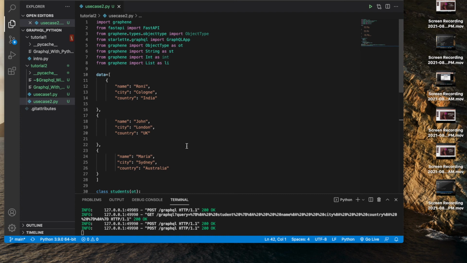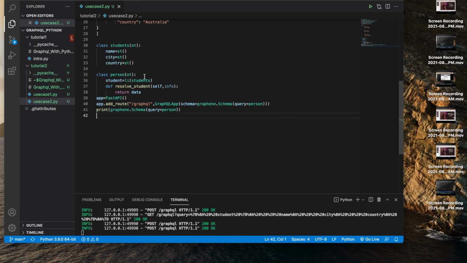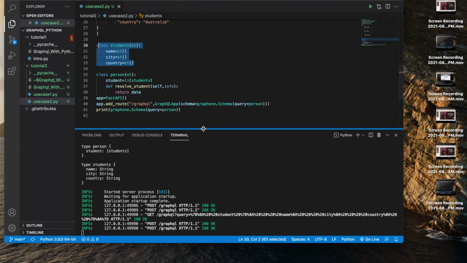Here we are actually using graphene simple object type, which holds the list object type, which again consists of a different, similar object type of students. All these things sound very weird right now, but if you're not clear with this basic concept, then you won't be able to develop any custom API for your application. Ultimately, the design or data model is the important thing for any API or backend.